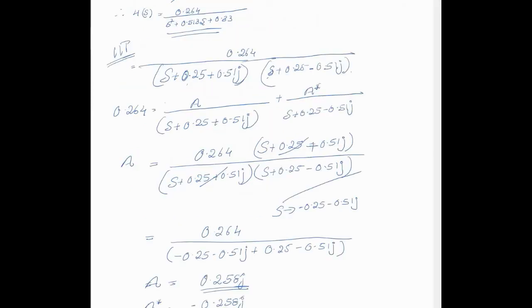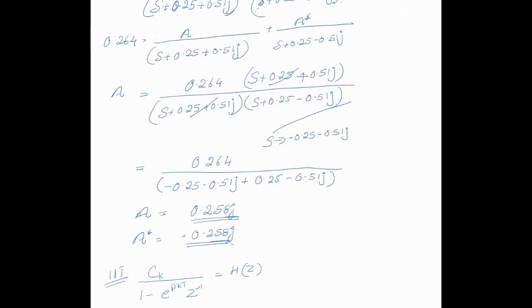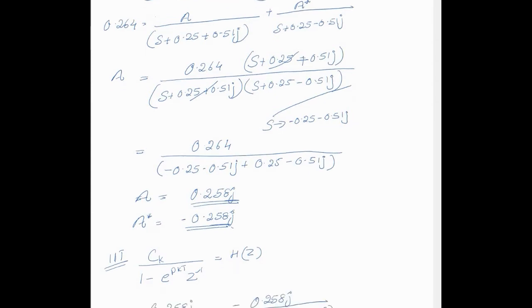So using IIT transformation, you have to divide the denominator term into two factors. You will get s plus 0.25 plus 0.51j and s plus 0.25 minus 0.51j. So you have to split it into two, A and A star. You can find the value of A by substituting the whole term into A, so that will be cancelled, where s tends to minus 0.25 minus 0.51j. Substitute that in s. So when you substitute, you will get the value of A and A star, the conjugate.